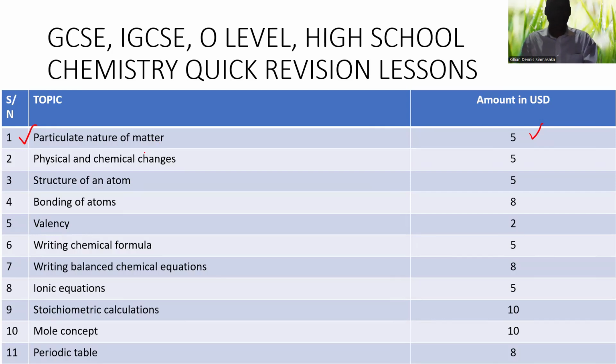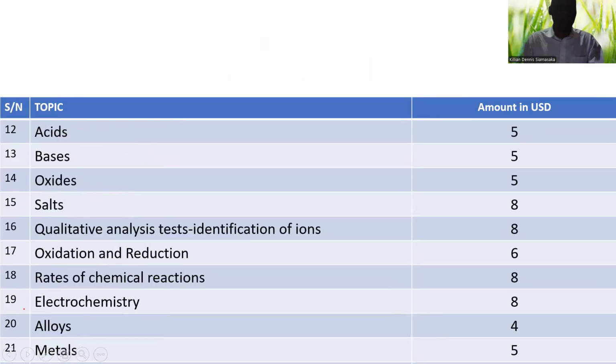We give you the whole chapter with the revision notes, as well as the physical changes, structure of an atom, bonding of atoms, valence, writing chemical formulas, writing balanced equations, chemical equations, writing ionic equations, stoichiometric calculations, more concepts, and the periodic table, as well as acids, bases, oxides, salts, quantitative analysis tests, which includes identification of ions, as well as oxidation and reduction, rates of chemical reactions, electrochemistry, alloys and metals,